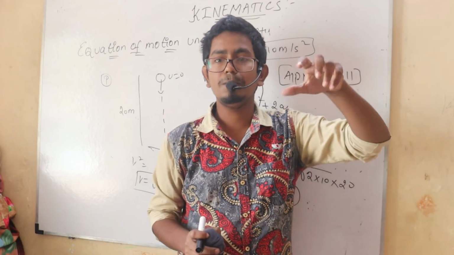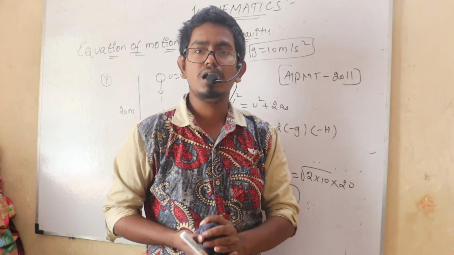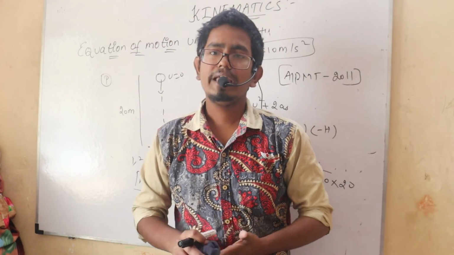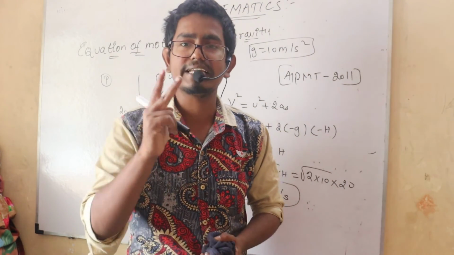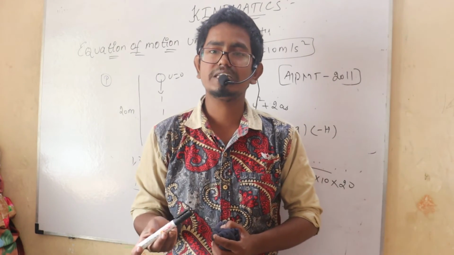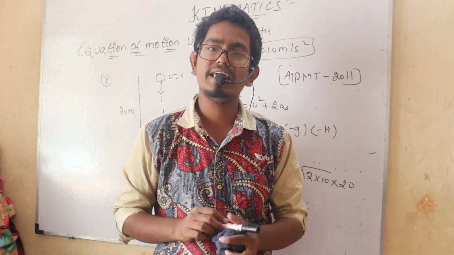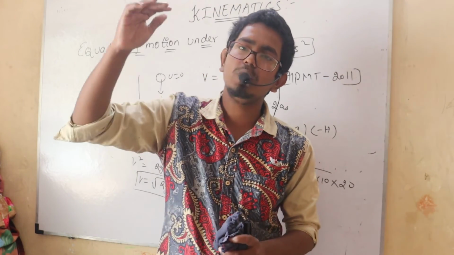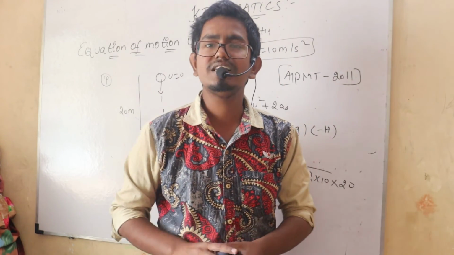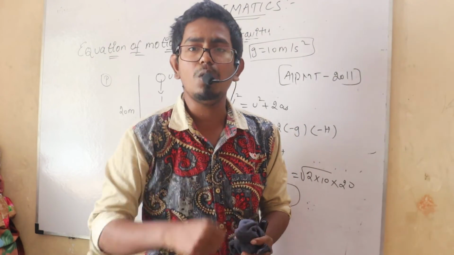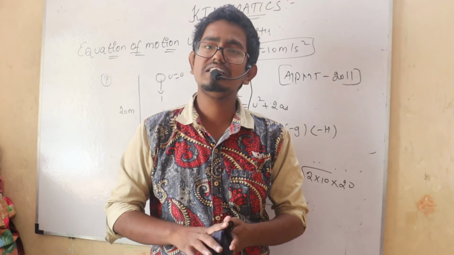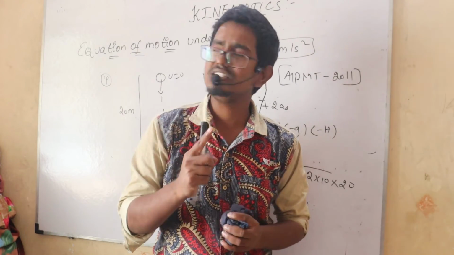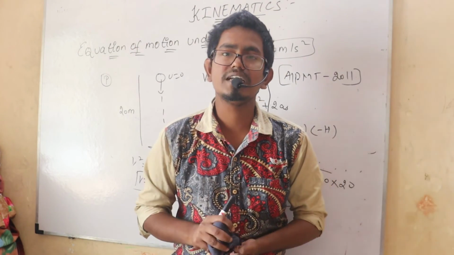So this is all for the first case. Whenever I am projecting my body in downward direction, I found some equations for that, which you know as equations of motion under gravity. In equations of motion under gravity, I have my second case. And what is my second case? Whenever I am projecting any object in upward direction, for example if I project this duster upward, then it goes up and it comes down. Why does it come down? It comes down because gravity is pulling it down. We will study this in detail in the next lecture. So our second case in equations of motion under gravity will be studied in the next lecture.